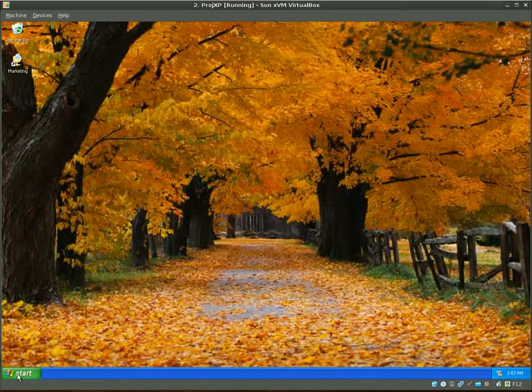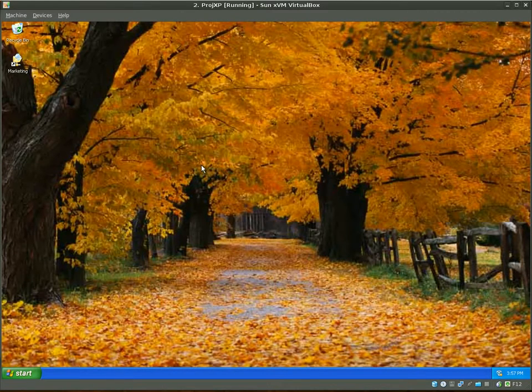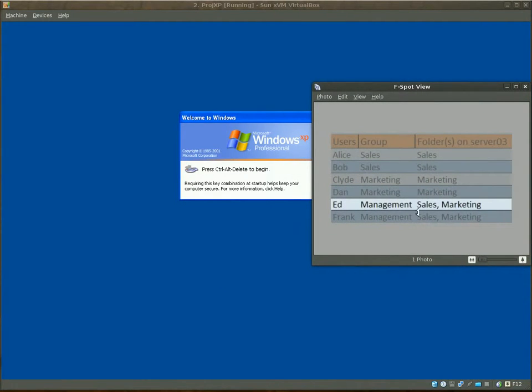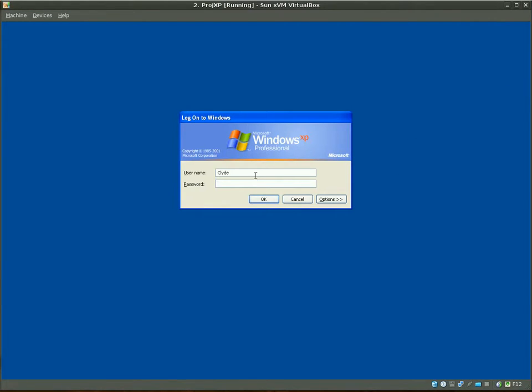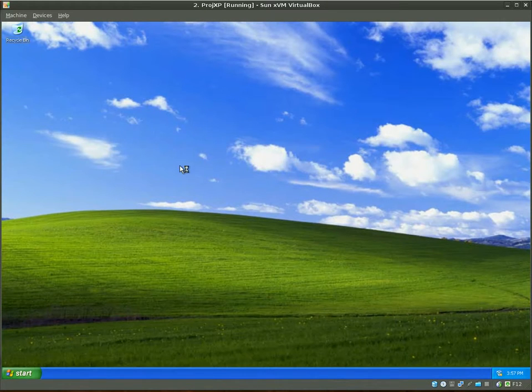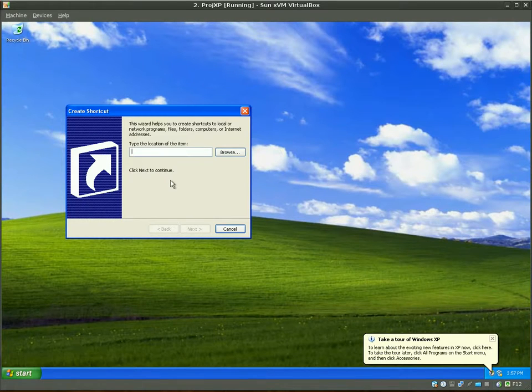Let's log off of Clyde here, and we'll be logging into Ed. Alright, Ed's in the management group and should have access to the sales and marketing folders. And we'll type in Ed there, his password. And Ed doesn't log in much and asked me to put some shortcuts on his desktop, so we'll put a shortcut here to the sales folder. And server 03, sales,